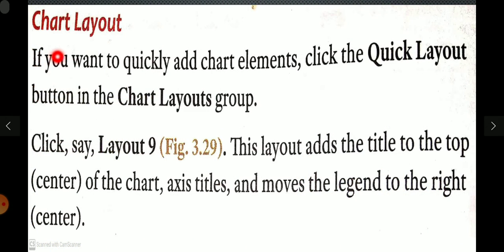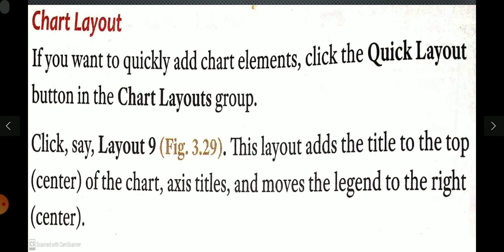And the next thing is chart layout. If you want to quickly add chart elements, click the quick layout button in the chart layout group. We can select the chart layout, which means how it should look, and click, say, layout 9. This layout adds the title to the top center of the chart, adds axis titles, and moves the legend to the right.